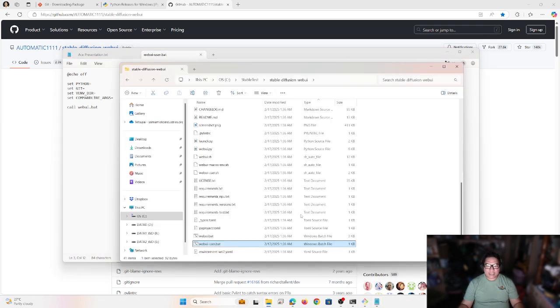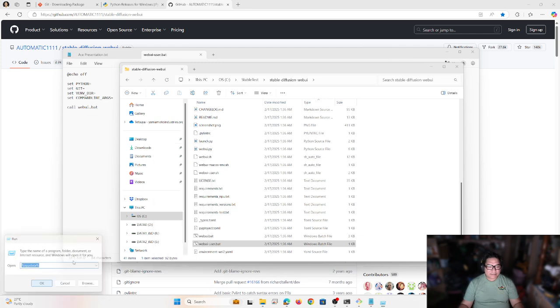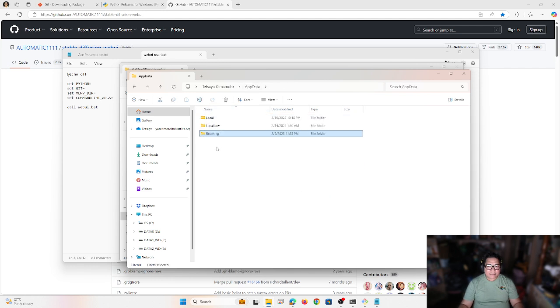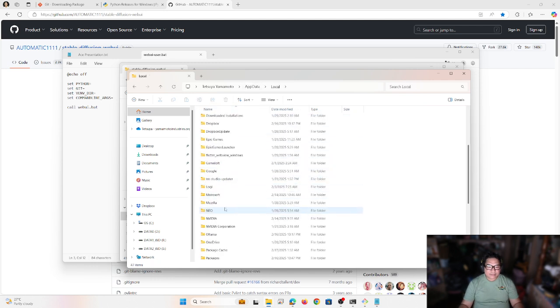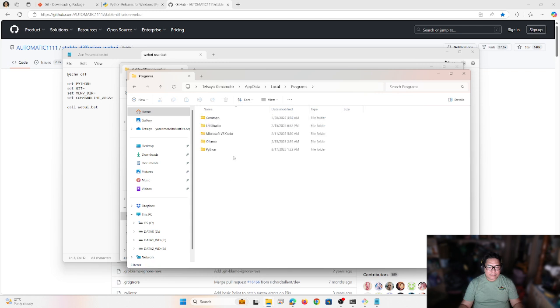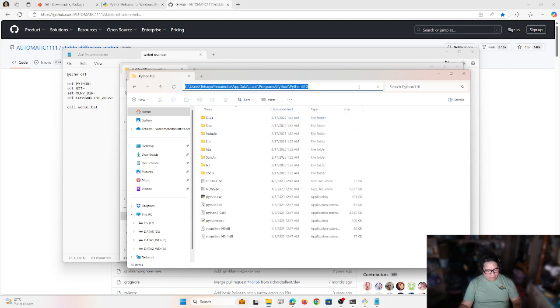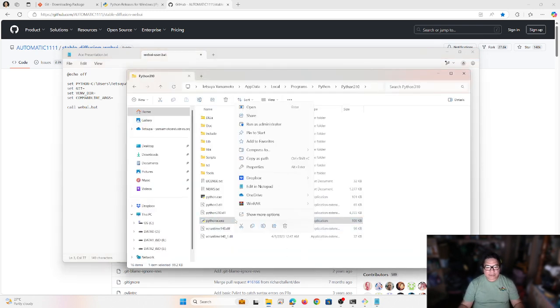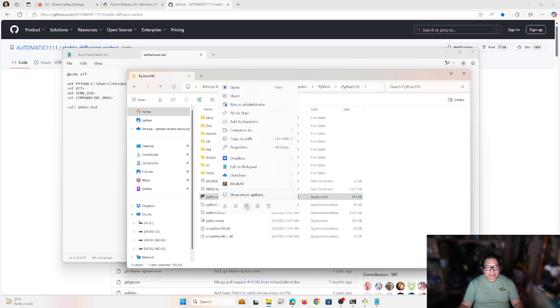So that's why, in AppData, Programs, Python, this one, you have to copy the path, then a slash, and then we copy the executable, not that one, this one.